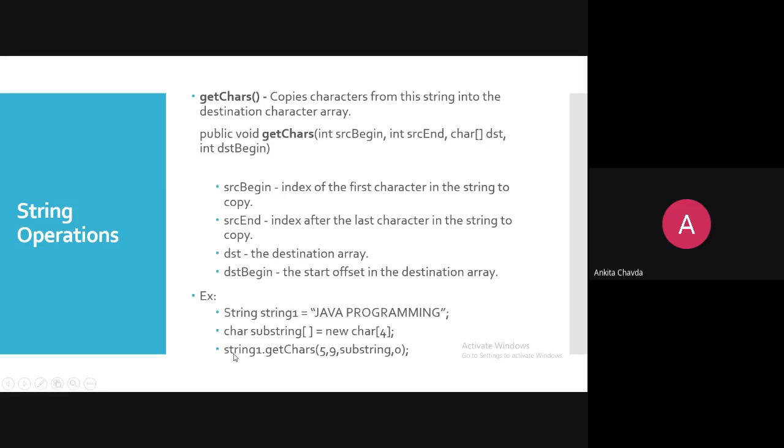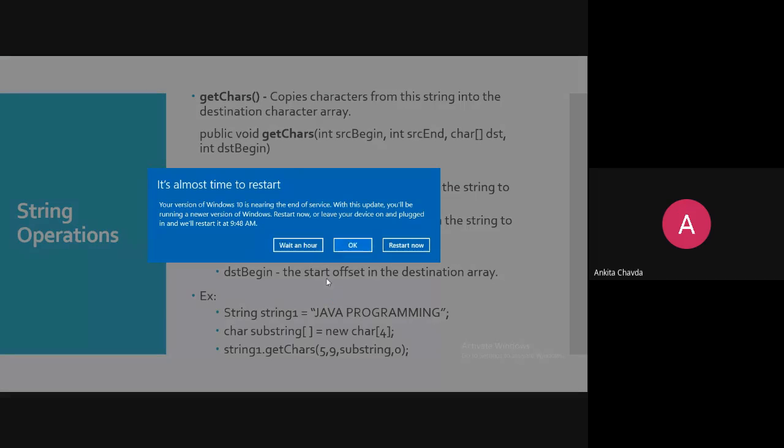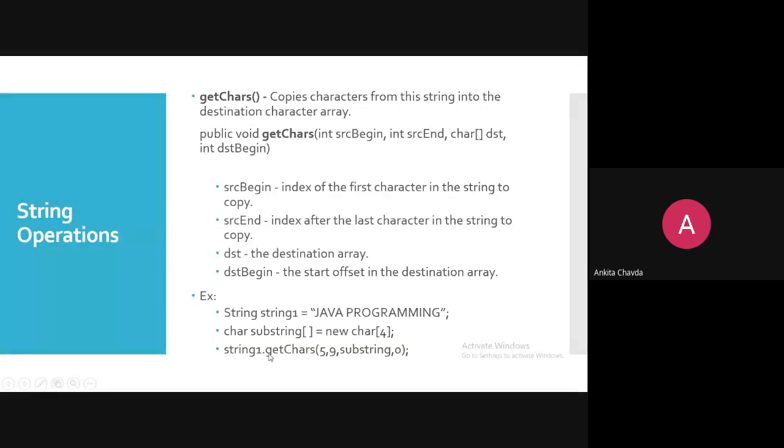Now what I'm saying is string1 dot means this. From this I need to fetch some of the characters, so string1 dot, just a second, yeah, get chars. I'm taking from the 5th index, right? From 5th to 9th. I'm giving here, I'm not giving number of characters 9.